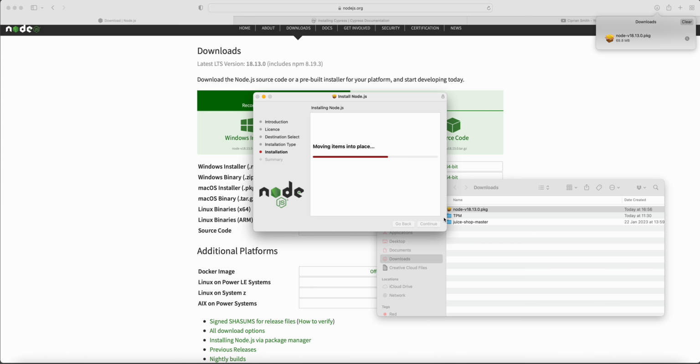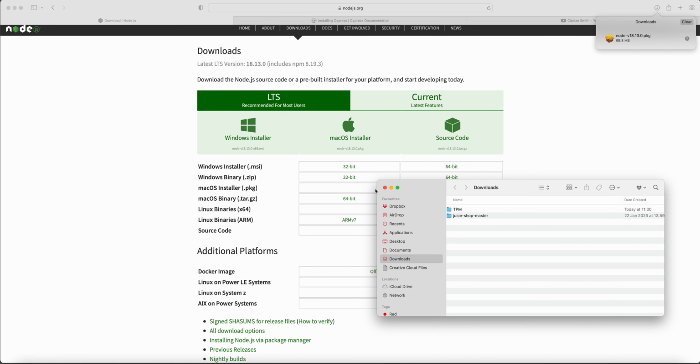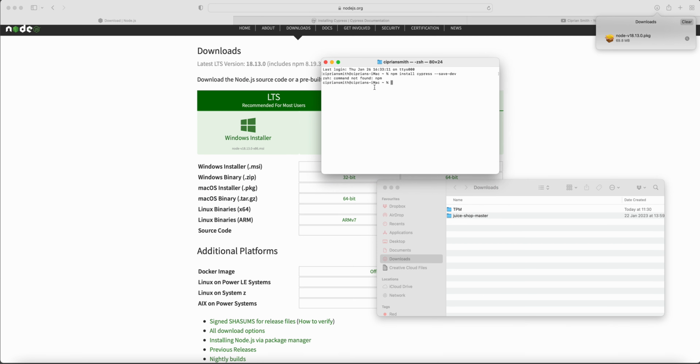If you're installing Node for the first time on Windows, you might find that if you try and run something that needs Node, such as the Node version command, you might still see this issue where it's saying that npm is not found. And that's just because of the way that Windows works. You'll need to close down your command line terminal and then open it back up, and it should pick up Node. For Macs, it's not an issue, so you can just do npm